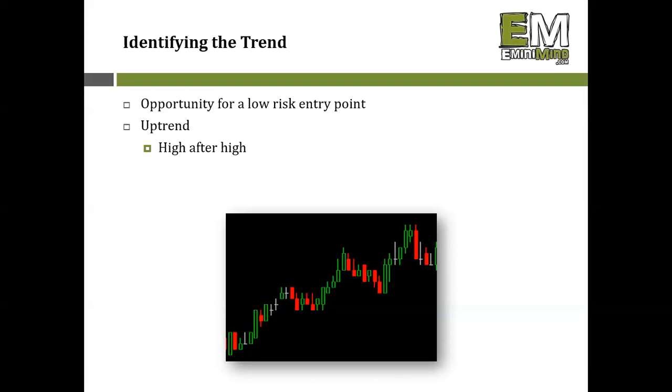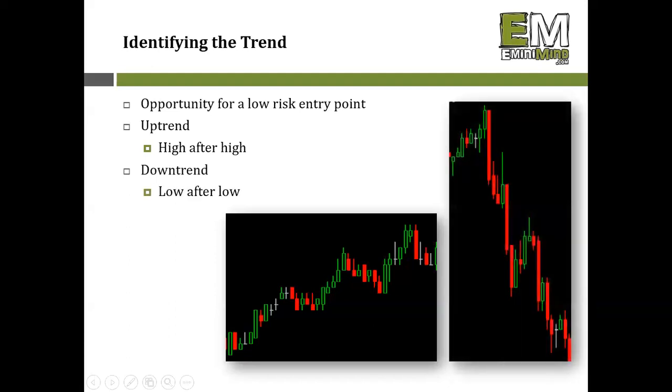As soon as we break a swing low, that uptrend is now violated and breaking down. So flip side, downtrend: lower highs and lower lows. We can just look at the chart, find the swing highs, and identify that they're making lower highs and lower lows after each other. And if we break a swing high in a downtrend, then, oh hey, red flag. We're changing that trend, or that trend is in jeopardy of breaking here. Those are the points I really like to focus on, those changes in trend,